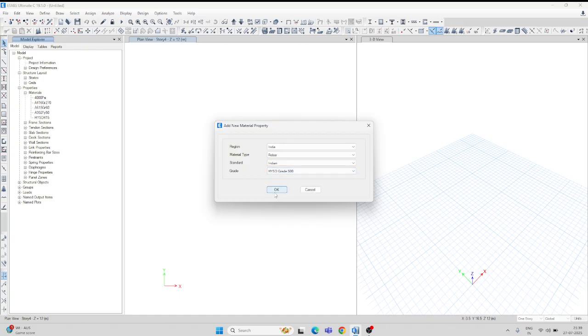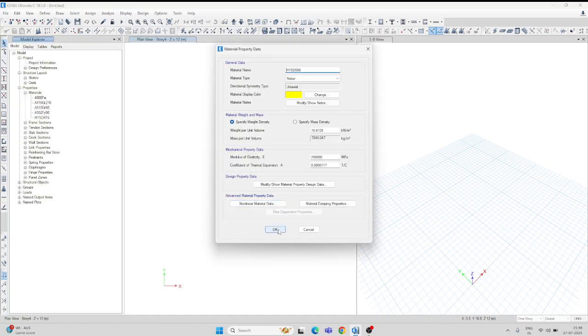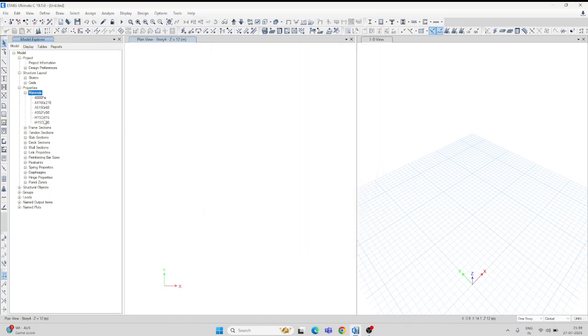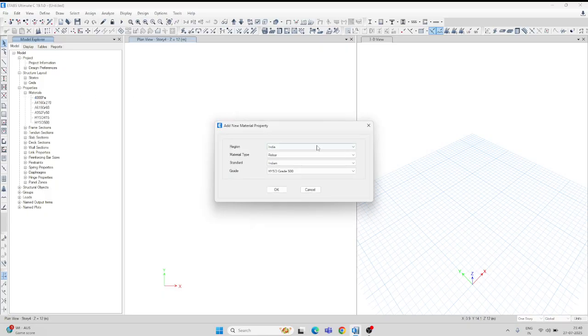So HYSD grade 500, just click here, OK, and just click OK. So FE 415 and FE 500 you are going to use in your structures for the analysis and design purpose. Okay, now again you go for the material and go for add new, and here now